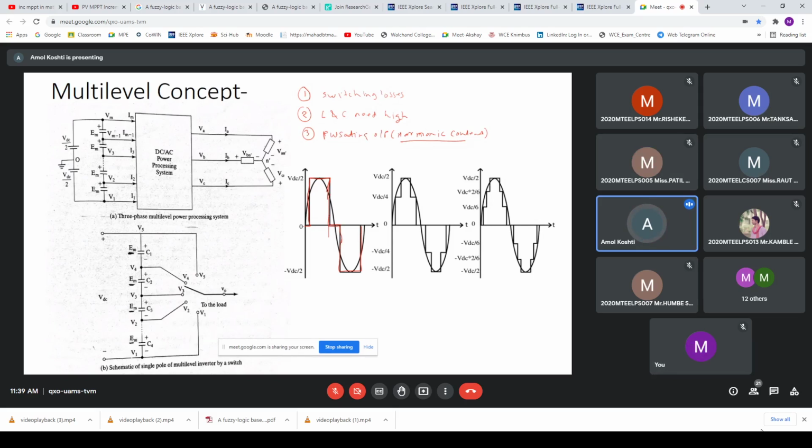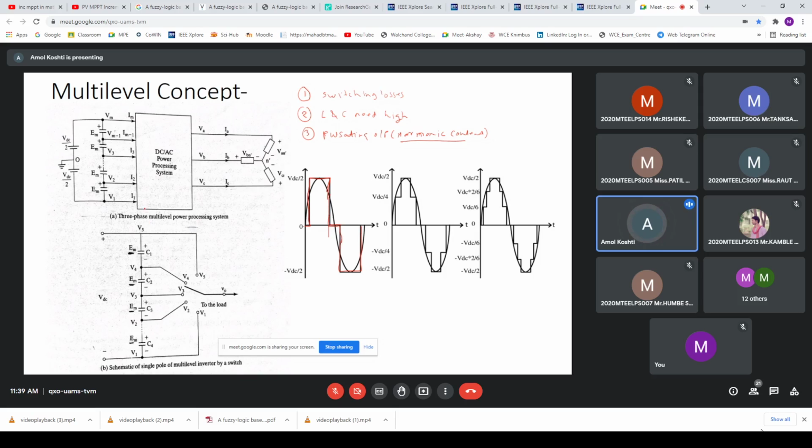Because these inverters we are using are for low voltage, low current application, whereas in inverters used in high voltage and high current application, the necessity of having a pure sinusoidal waveform at the end of the inverter is very important. To maintain that, it is very difficult to get a pure sinusoidal waveform from the two level inverter. So in that case we have to use multi-level inverters. Okay, so let us understand this concept of the multi-level inverter.